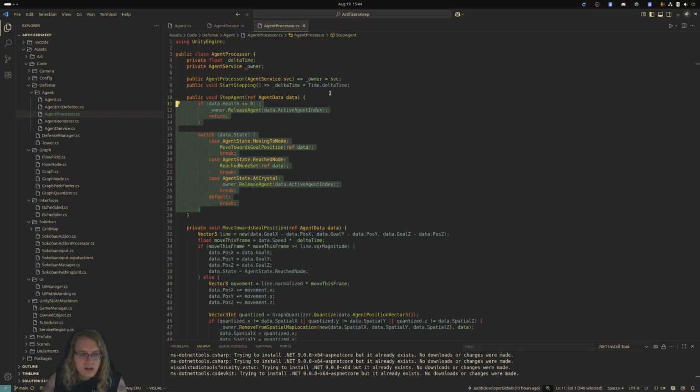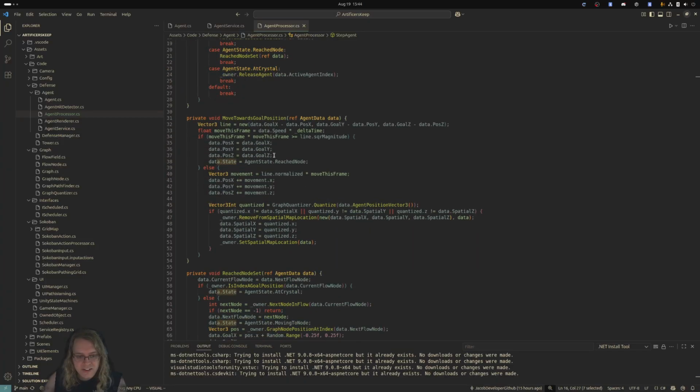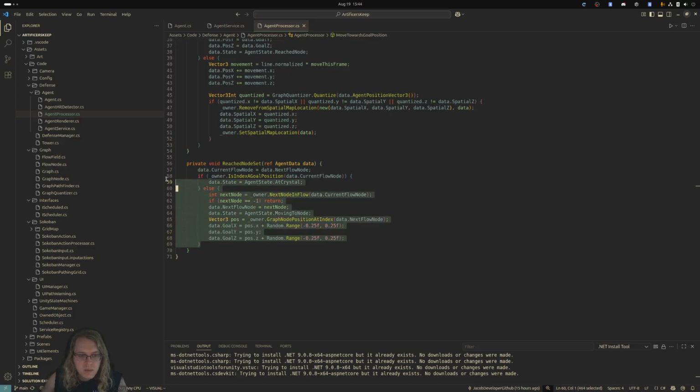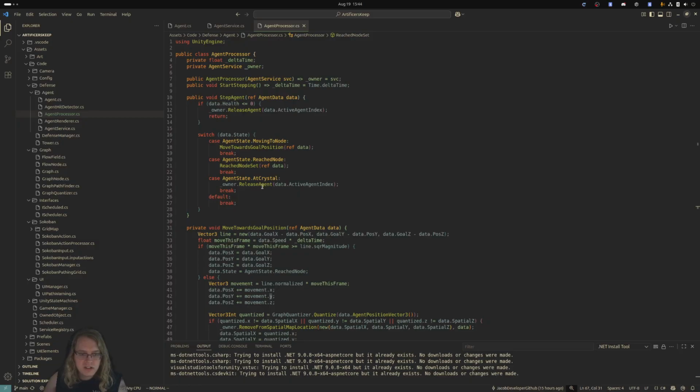you see here that, based on the state the agent has in its structured data, I have a bunch of functions. This one moves it to its goal position. I have one that, when it's at a goal position, sets the next goal if there is one. If not, it sets it to the at-crystal state. And within at-crystal, eventually, instead of just releasing it immediately, there will be an attack: they'll attack the crystal and do damage to it. That'll repeat. There's the death state that I haven't put in yet, but there will be one of those, et cetera. So there's a lot of things